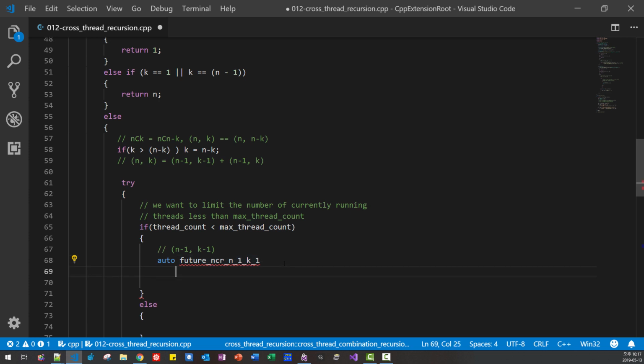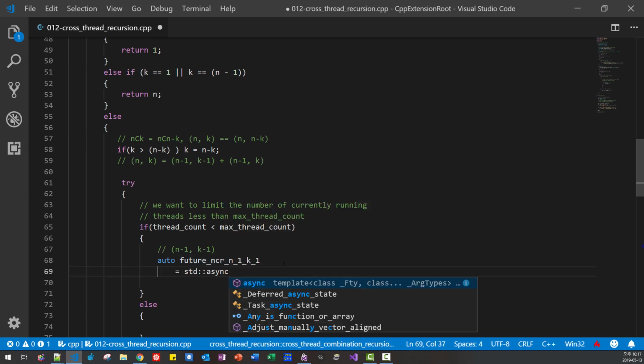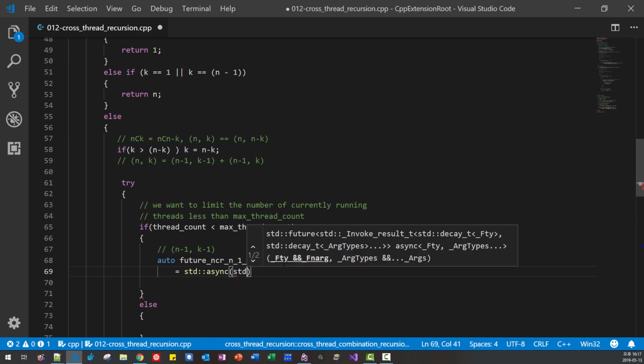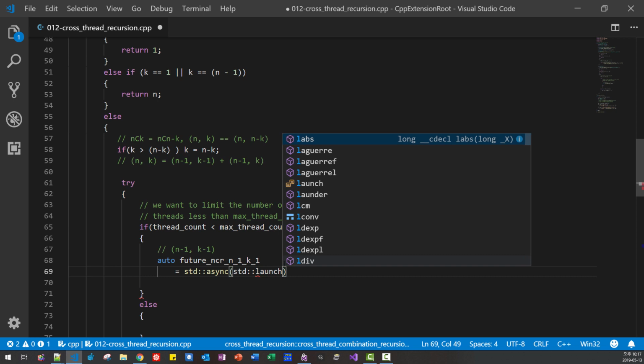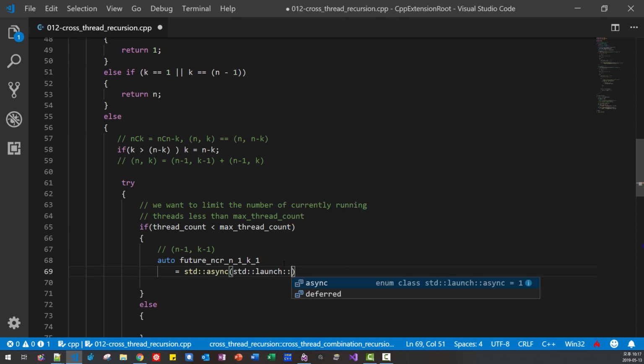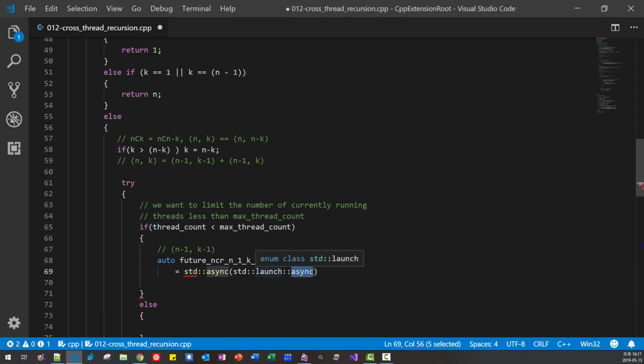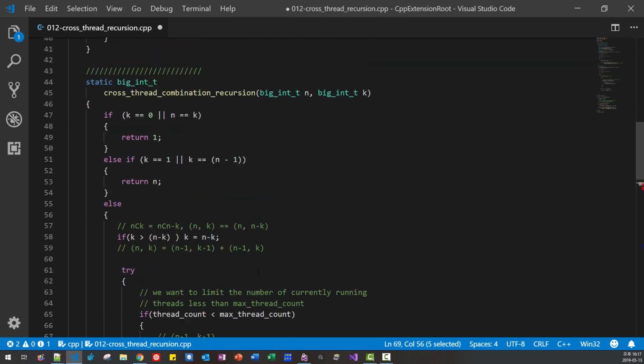So here std async, std launch async. We will also define this as an alias because I am teaching you the C++ language.